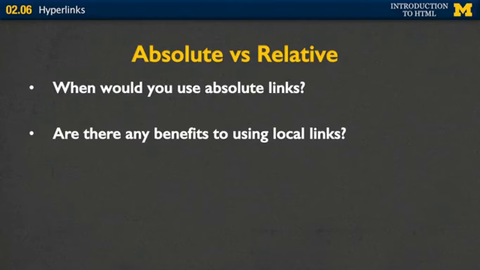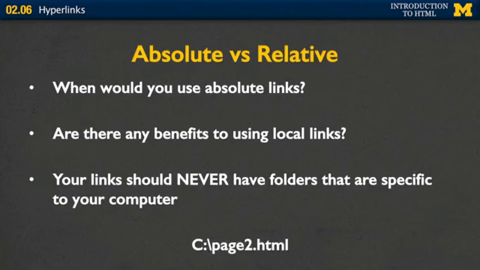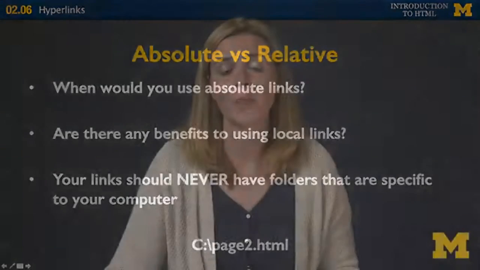And so those are some of the benefits to using local links, is just that idea that you don't need to update as much. Now, one of the things that you need to make sure that you never do is have a link that includes some sort of file structure, we'll call it. So check your links. Make sure that it never says C:page or my documents page or anything that is very specific to your computer. The reason that you don't want to do that is if you put your page out on the web, if you've put it up on a server or a hosting and you want other people to click, well, it doesn't make sense that they would be able to access pages that are on your computer. So never ever have a reference that includes something local to your machine.